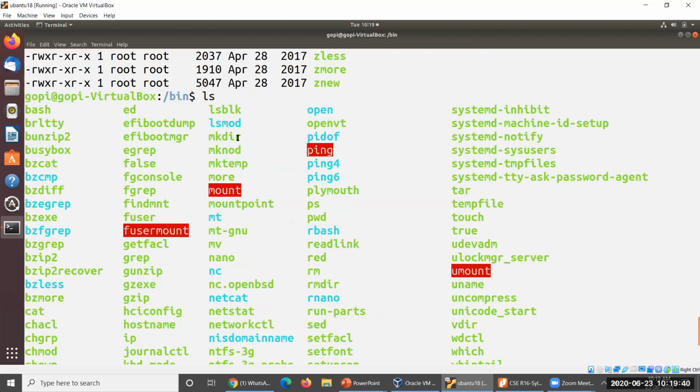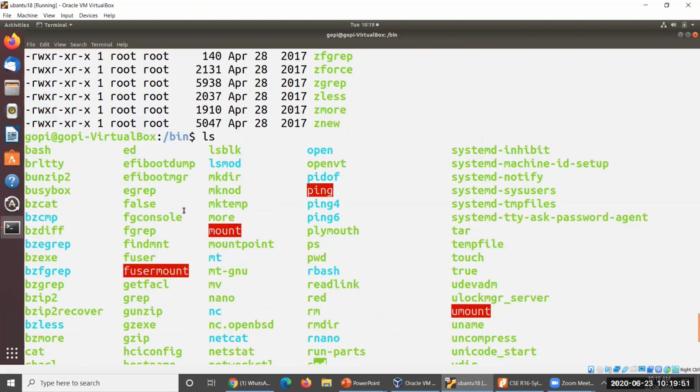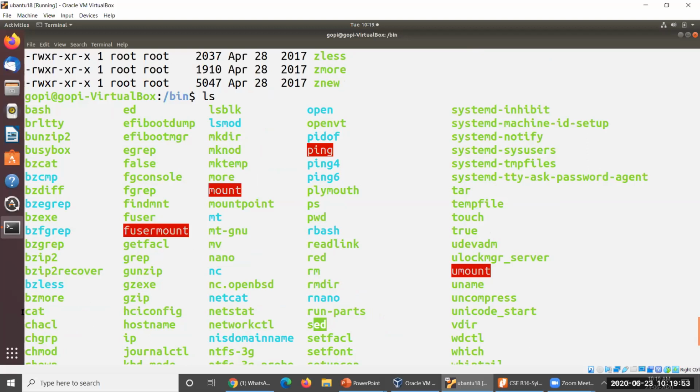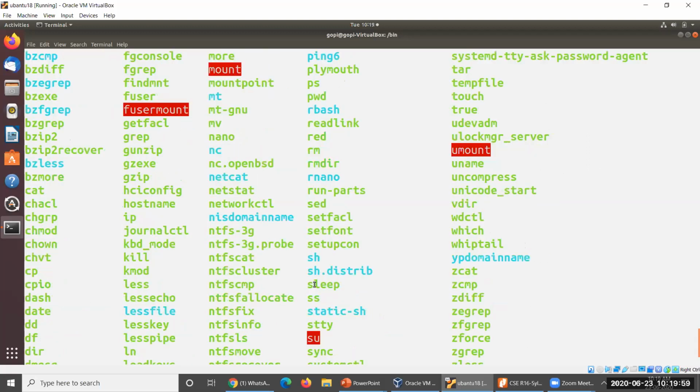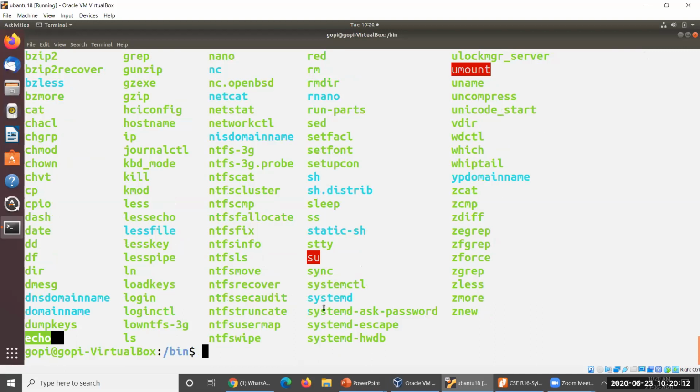Look at this: mkdir, pwd, and rmdir, set. We'll come across set and grep and all those things in future. All these: cat, ip address, ip, many other commands are available here. Shell, sh, and followed by many others, cp. So date and calendar, everything will be available here to execute. ls, echo. All these commands exist in bin here. What we have to do here is, I have created my